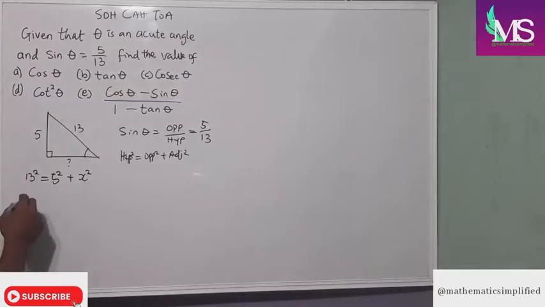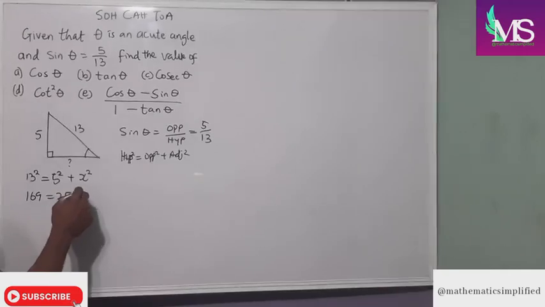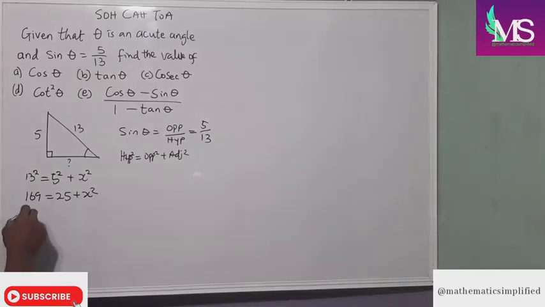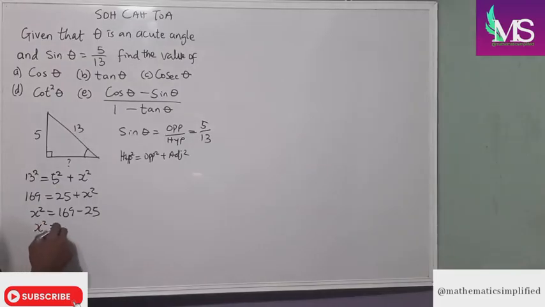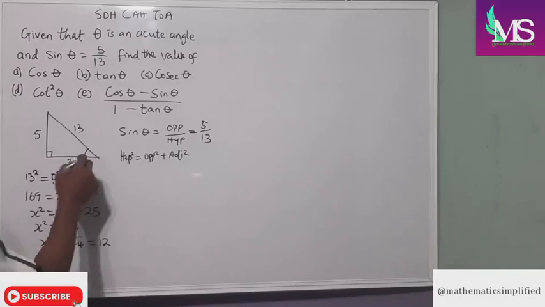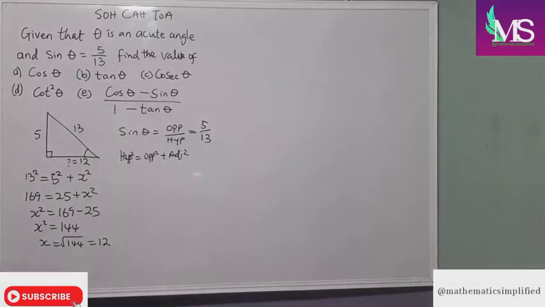So our 13 squared will become 169 equals 25 plus x squared. So x squared equals 169 minus 25. So our x squared, which is adjacent squared, equals 144. So our x will give us root of 144, which is 12. So our adjacent is equal to 12. Now, going into our question, it says find